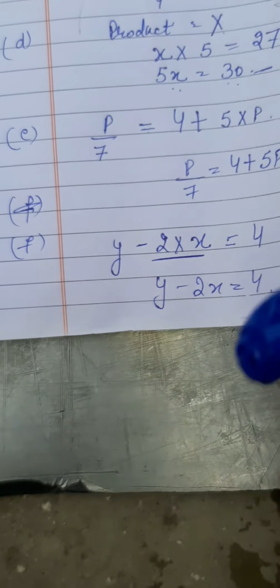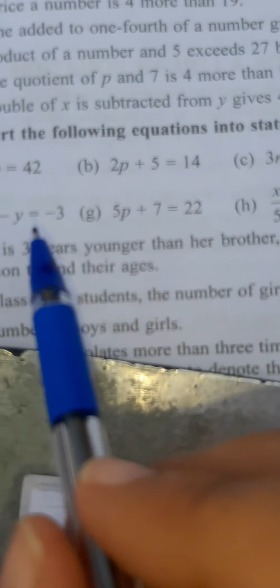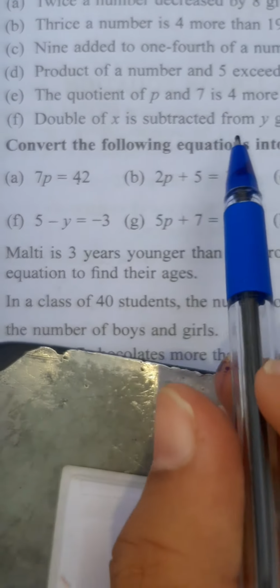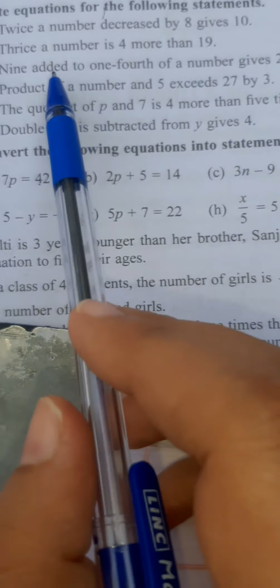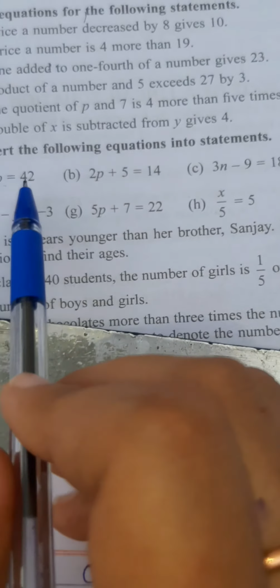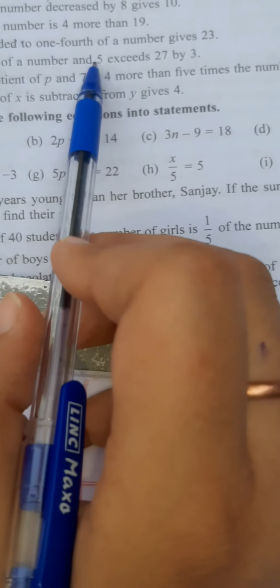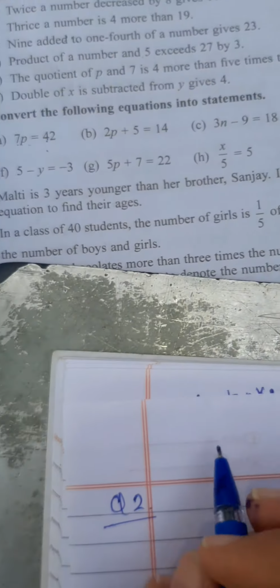Okay, now question number 2, convert the following equation into statement. Now you have to write these equations in wording. Okay, means you have to write in this type. Equations are given to you, and you have to write them in statements. So A part,